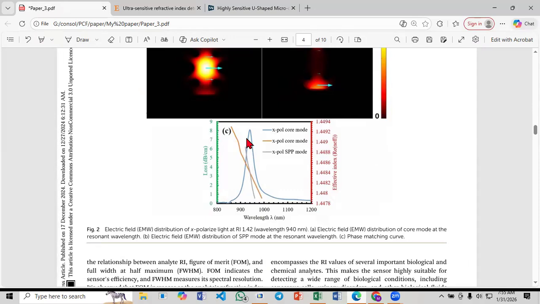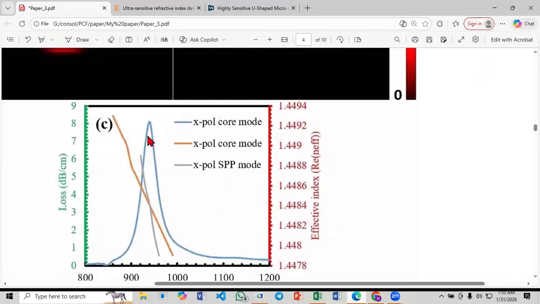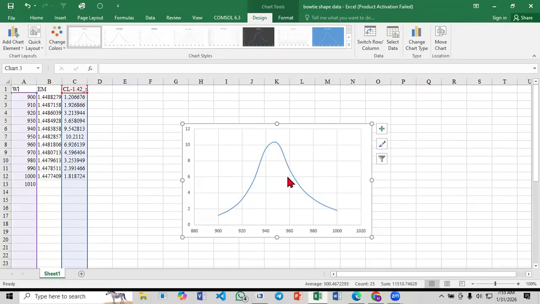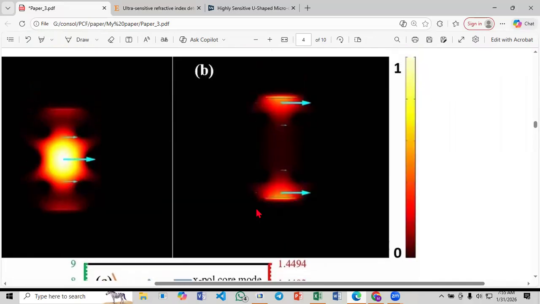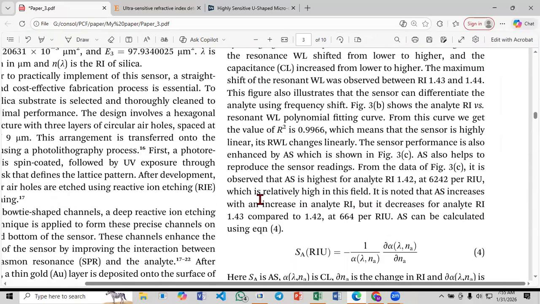Here you can see in the paper the maximum confinement loss is less than 9, but we got a maximum confinement loss of more than 10, because I told you that we didn't select